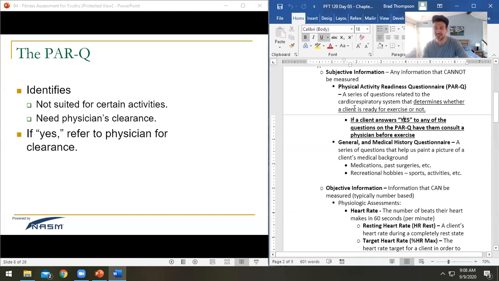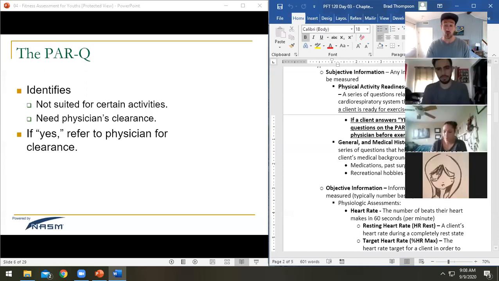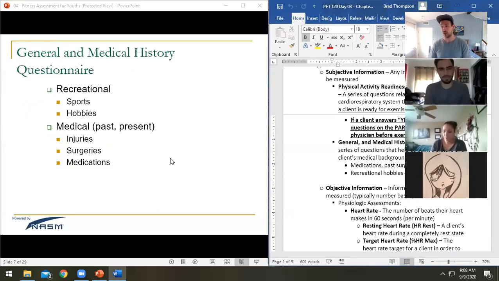So that is the PAR-Q, right? If your client answers yes to any of those questions, have you had chest pain in the last 30 days? Yes. Do you have trouble going up a flight of stairs? Yes. If they say yes to any of those, you want to make sure that you get a doctor's permission before exercising. Now, there are waivers out there that you can give your client that say on them,